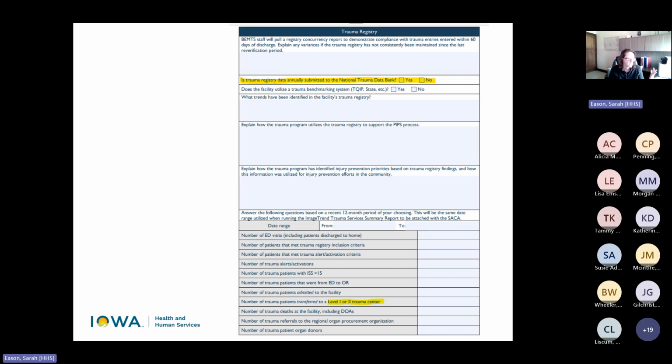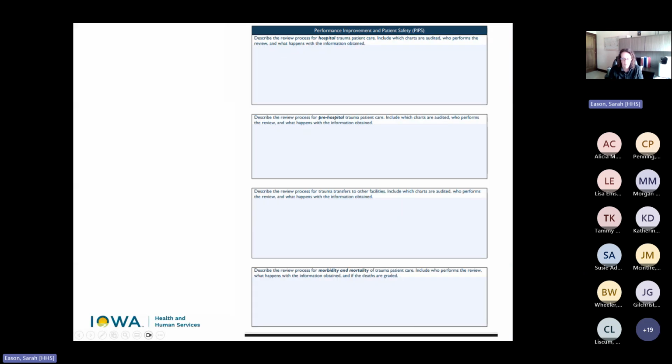The other one is just transferred to a level 1 or 2. I already touched on this. On the level 4 SACA, it just says higher level trauma center. And we're going to come back to the numbers here. I am wanting to be respectful of your time here. Let's see, what were the big parts that I wanted to say here on this form? This is the same for your level 3s and level 4s. And it may sound like you're repeating yourself through these questions very quickly.